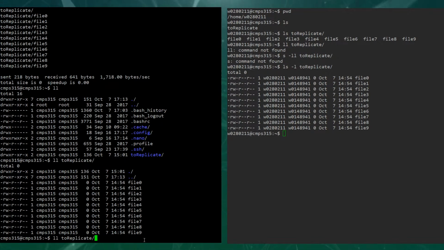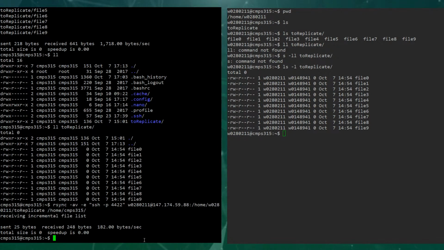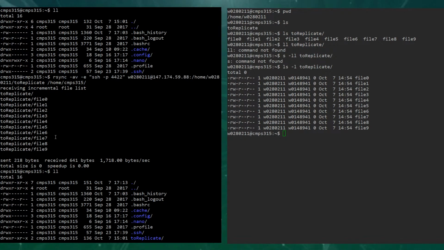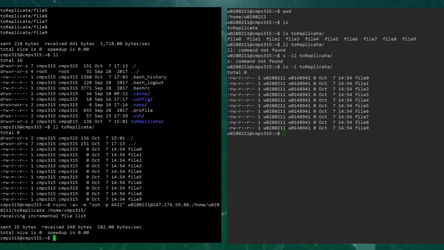So the neat thing is if I ran this exact same command again, notice that it doesn't have a list of files. Up here, I just shift paged up to show this. Up here we have a bunch of files in our incremental file list. But once I run it again, we don't have any files there. And the reason we don't have any files there is because none of the files changed. If I